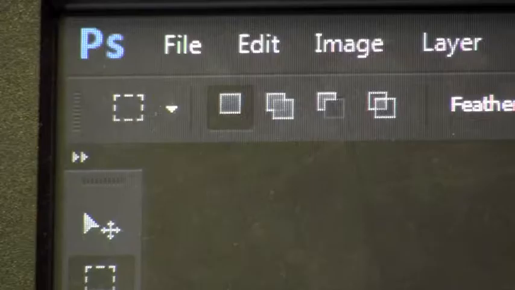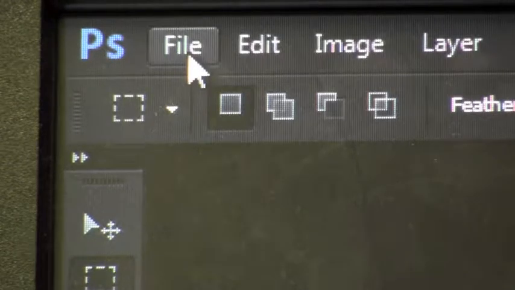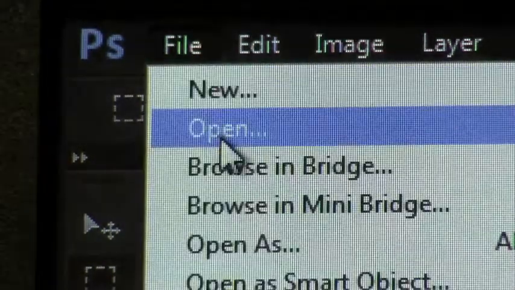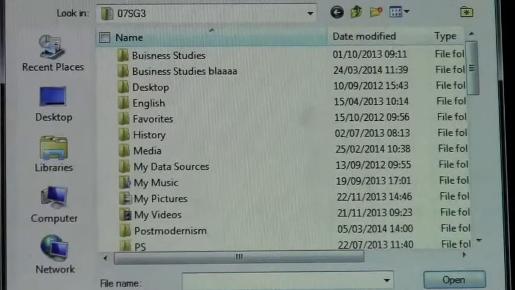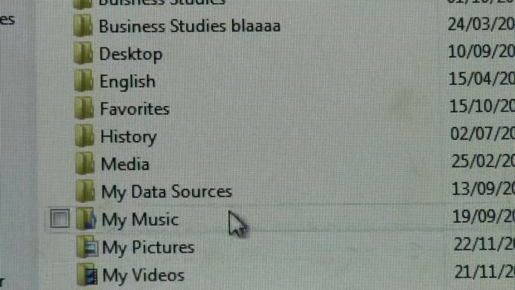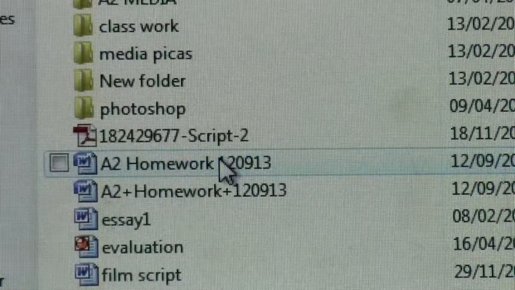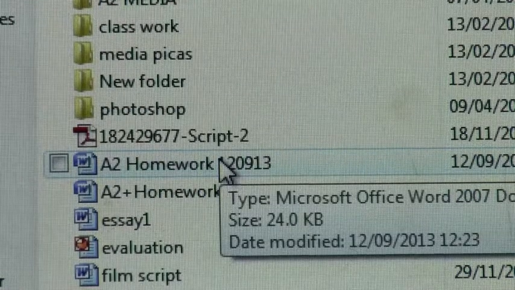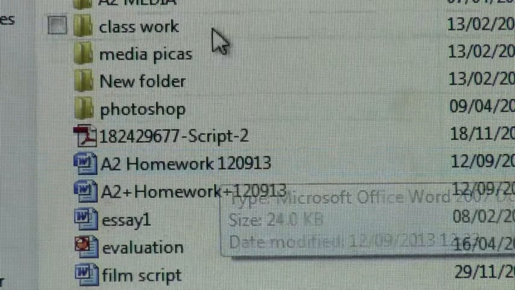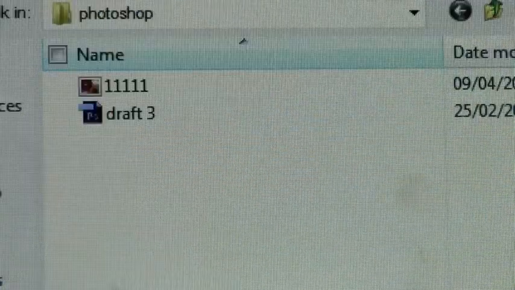Okay, so if you click File, first of all, and once you've done that, if you go down to the Open button, this is how you can get your images on. So mine's on Media, so I clicked on my Media folder, and then if I click on my Photoshop folder, and then if I go on the Draft 3, which is the Photoshop file I want to open,